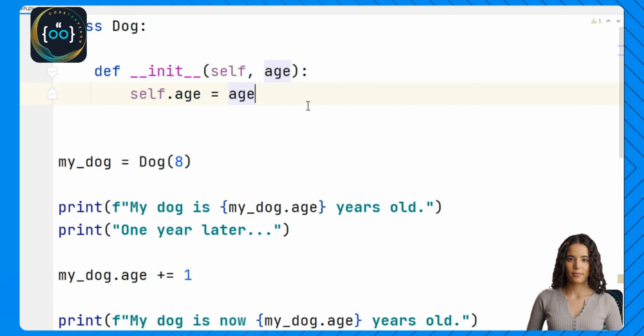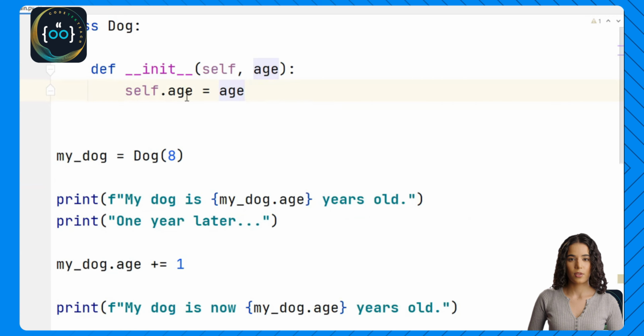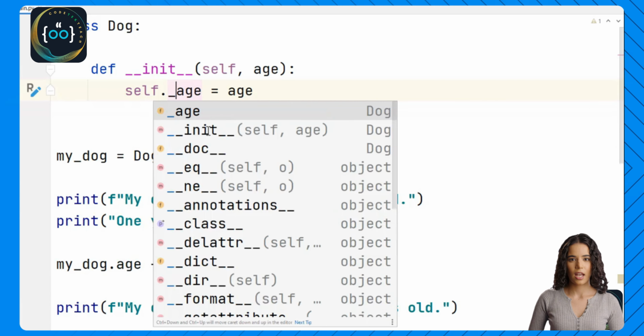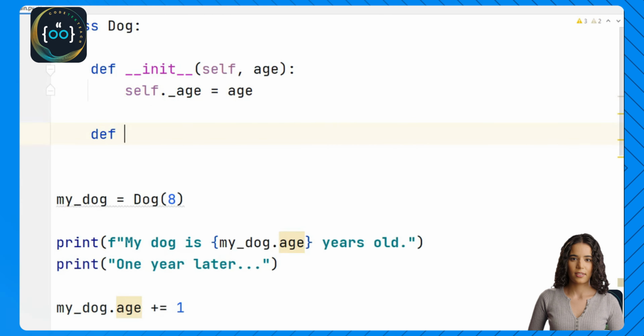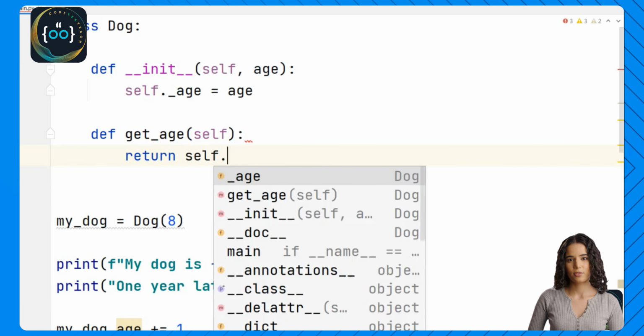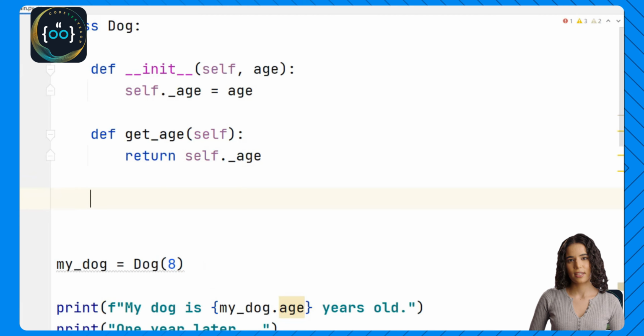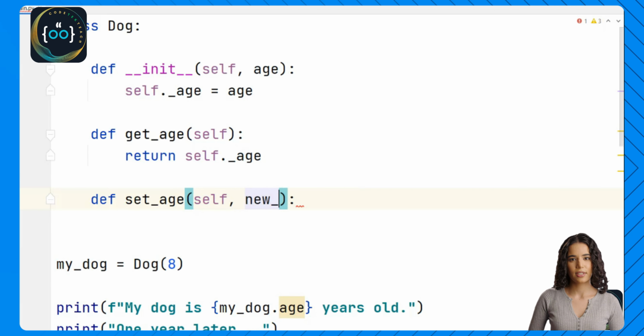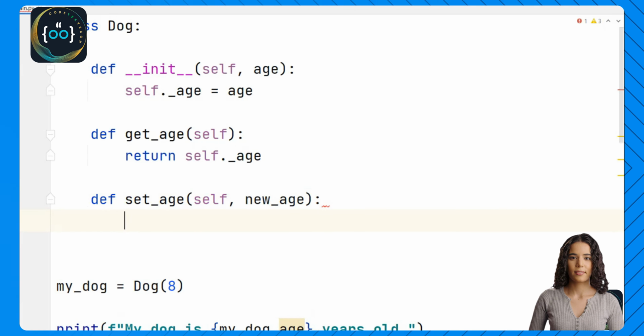Okay? We are accessing this value twice using dot notation, and we are also updating the value. But what happens if we are suddenly asked to validate the age? In that case, according to what you have learned so far, we should add a leading underscore and define a getter and a setter. So let's do that. Get age, return self.age, and then set age. And we write here new age,